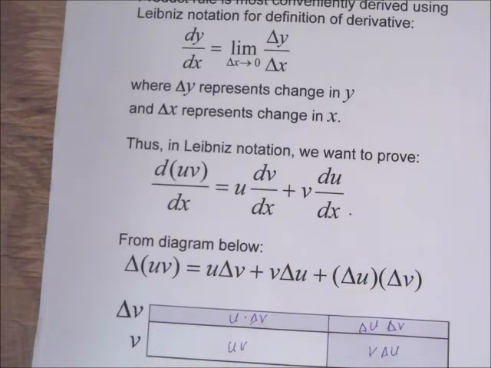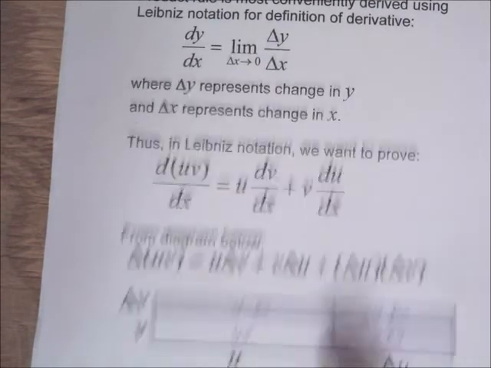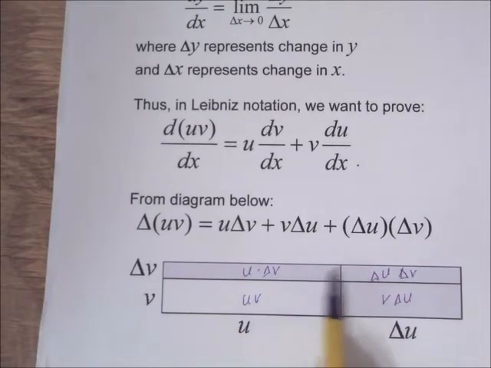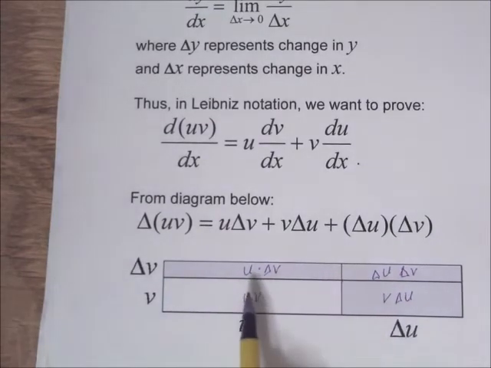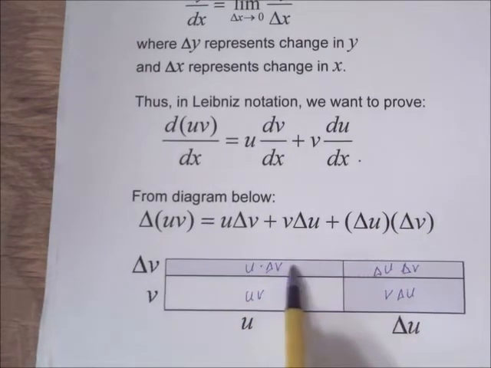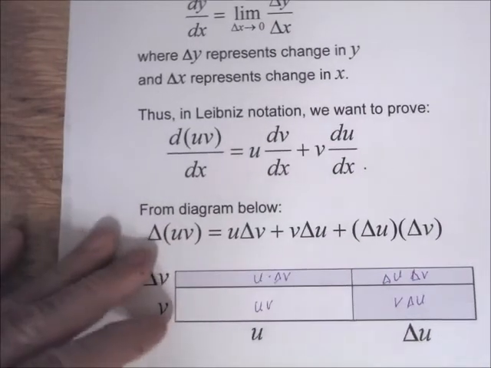Okay, so the change is in gray. So uv is the original, that's in white. So the change is in gray here. These are the additional factors. So the change in the product uv would be these three boxes here. So then if we divide each term by delta x, we get